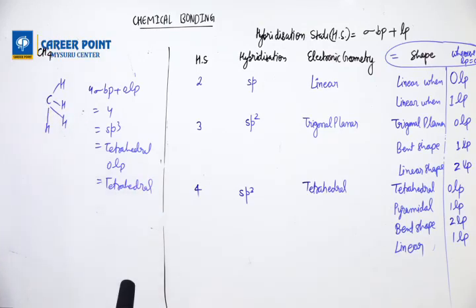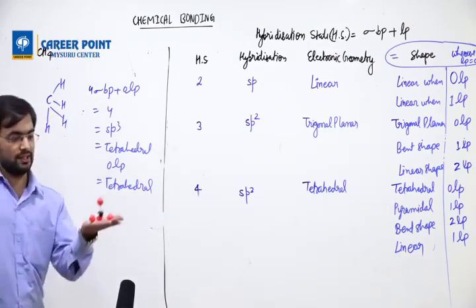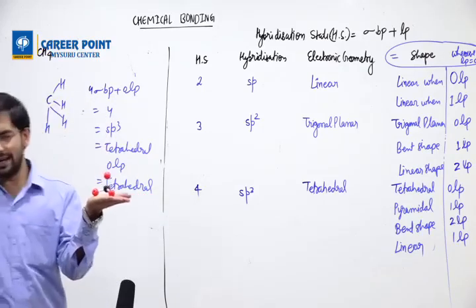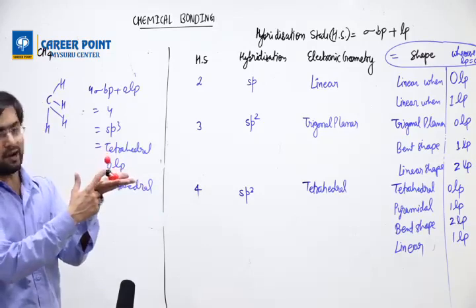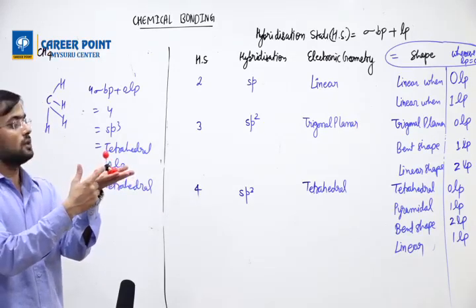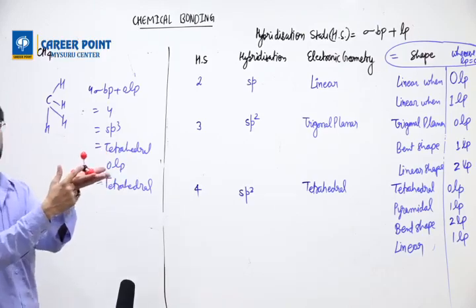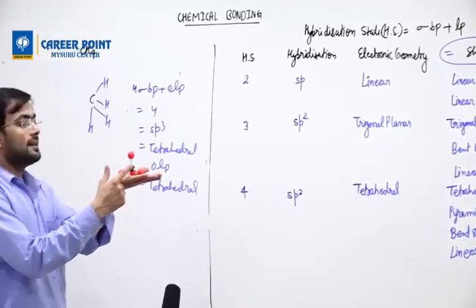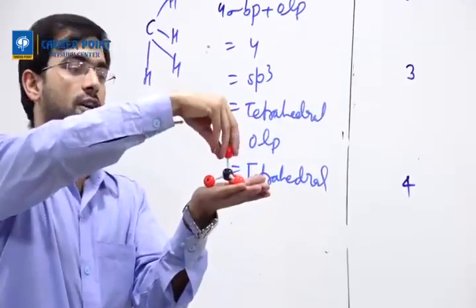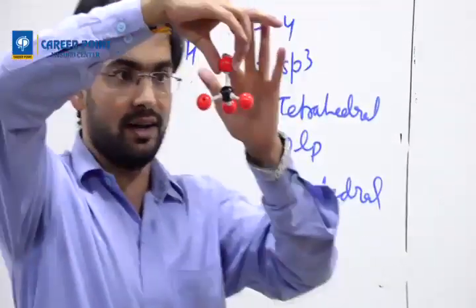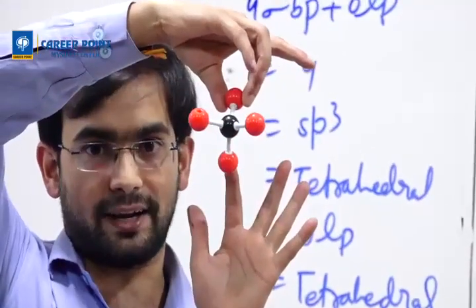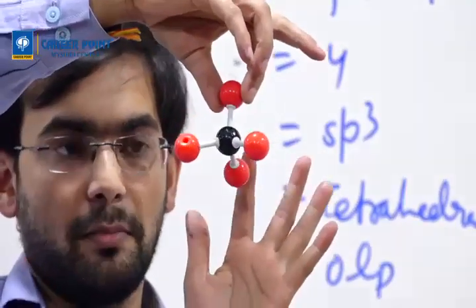tetrahedral. Now I'll show you tetrahedral molecule. This is a tetrahedral molecule. Now in case of tetrahedral molecule, this black one, assume this is carbon. Zoom in. This carbon, this black one is carbon. Now this carbon has got 4 hydrogens. So there are 4 hydrogen. I'll hold it. The 1 hydrogen I'm holding, second, third, and the 4th at the back.